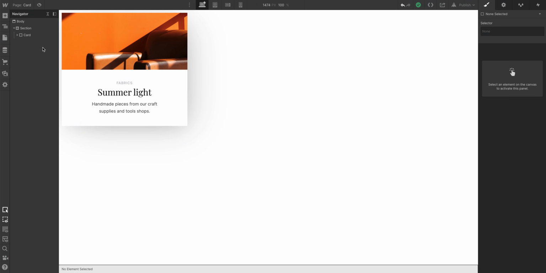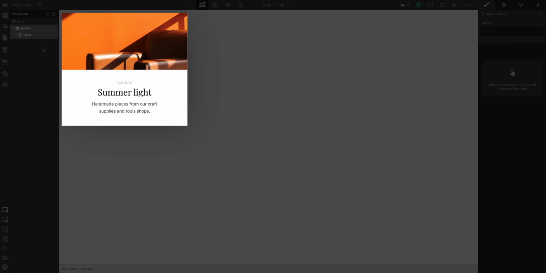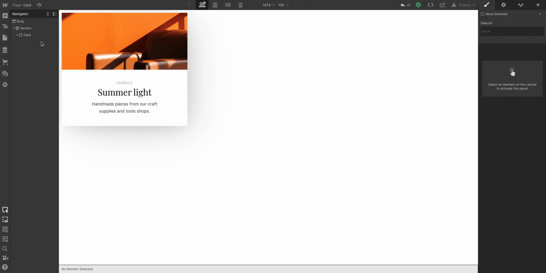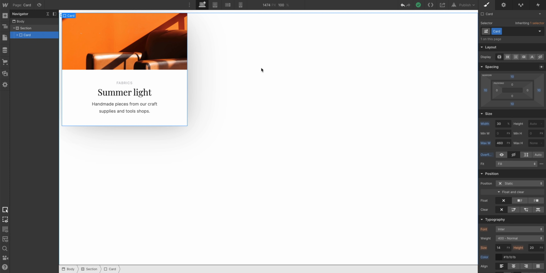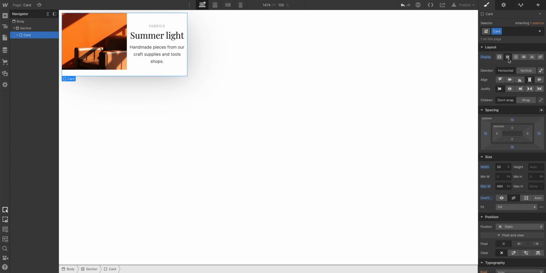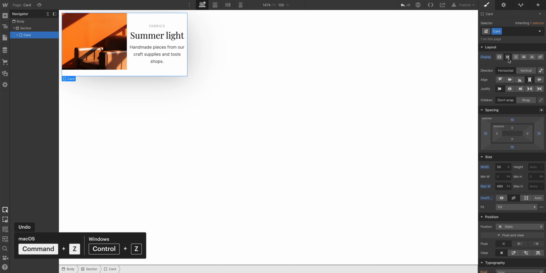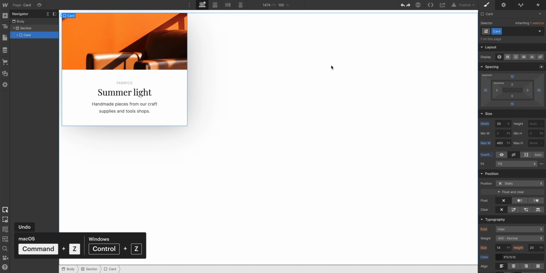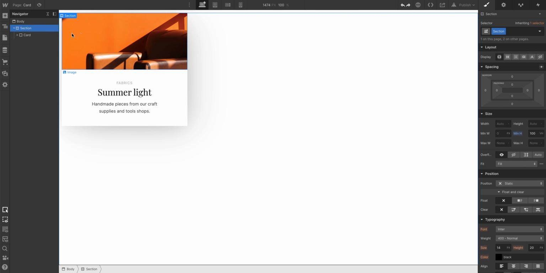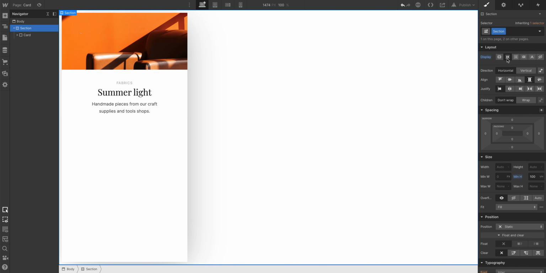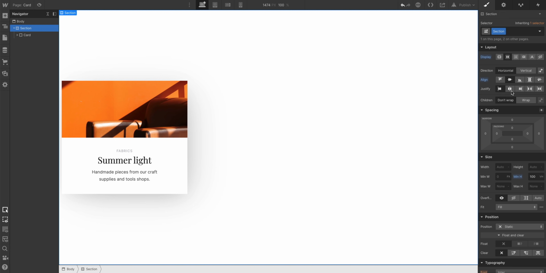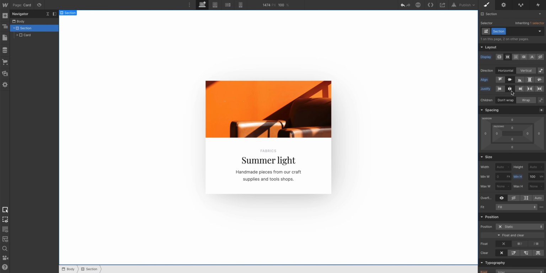Here's a card, just a div block with an image, a heading, and a paragraph, and it's already in another section. Top left, like everything in HTML by default. With the card selected, if we add Flexbox, no good. We used Flexbox, but we failed to select the card's parent. Let's undo, and instead, let's select the section element, the parent, and turn Flexbox on there. Align, justify, the child, the card follows suit.